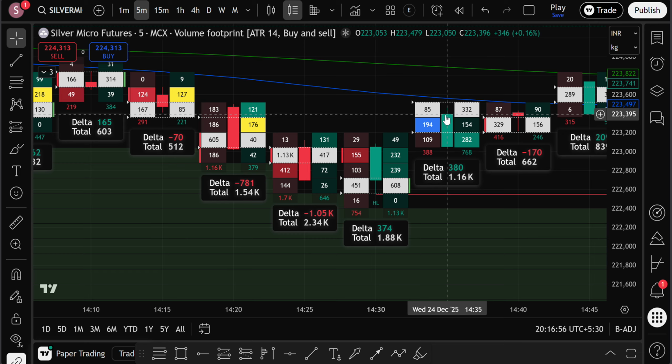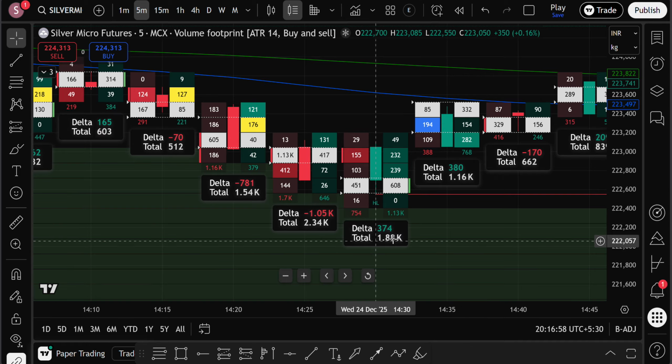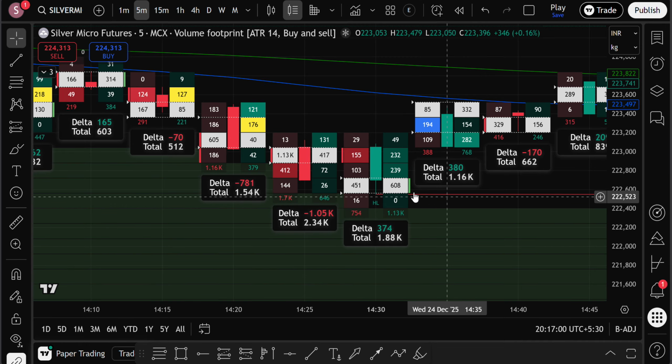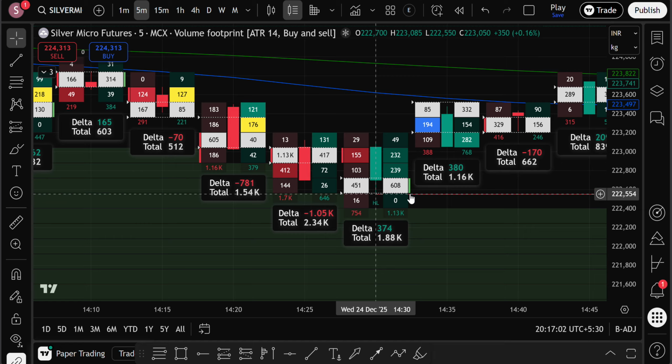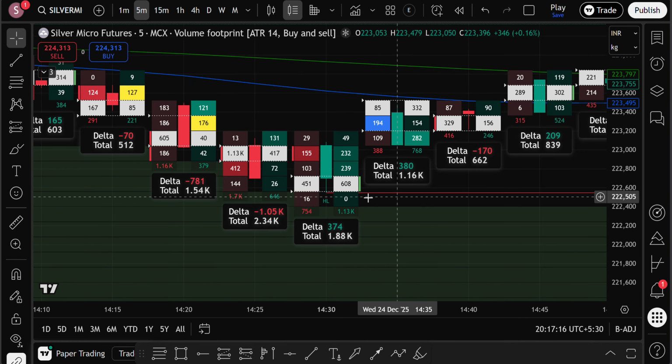Basically, I look further into this candle itself, because this is called a delta flip. Here you can see the buy imbalance when compared to the 16 sell volume diagonally. 608 is 300% more, that's the reason the buy imbalance happened. So I could see that if you buy here at 2 lakh 23,051, and the stop loss would be